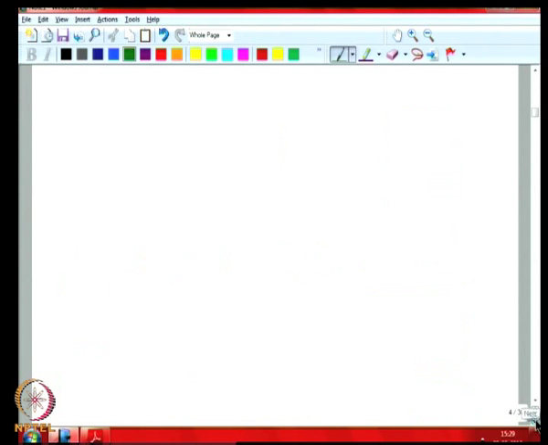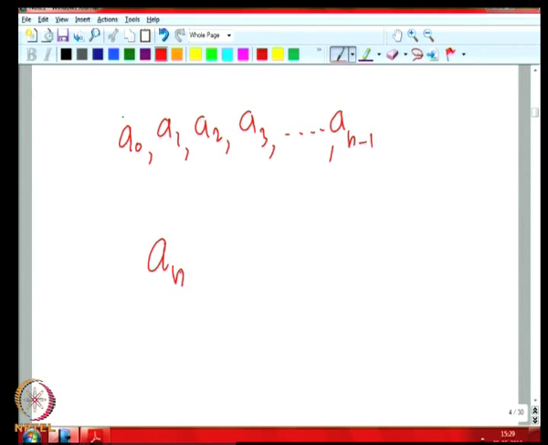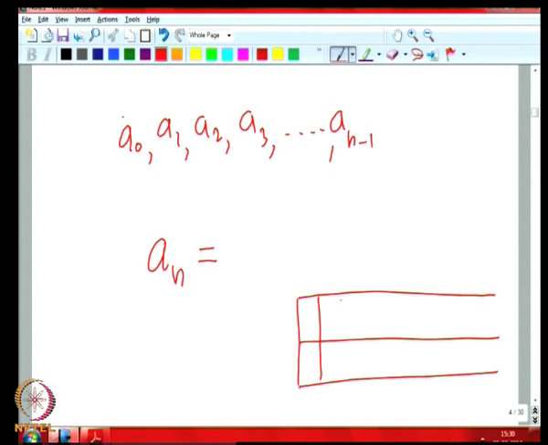Now, we can try for the general case. Suppose we know these numbers A0, A1, A2, A3 up to A(n minus 1), right. Now, I am interested in An. So, this An will be equal to, how will you find it out? So, now this is the 2 by n board. First, we try placing the domino, the first domino, that here means the domino which covers the first square, like this vertically. So, if it covers vertically, then